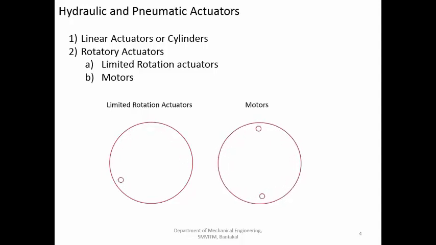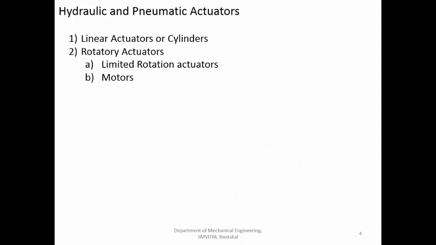Depending on the design, it may go even up to 300 degrees, that is the maximum. But usually it will be around 270 or 280 degrees. So the motor is going to rotate in the clockwise direction from 0 to 270. Then it has to return back. Or it is also possible to return in between. There is no limitation, but it cannot make 360 degrees and rotate continuously. Usually that is not possible in the case of limited rotation actuators.